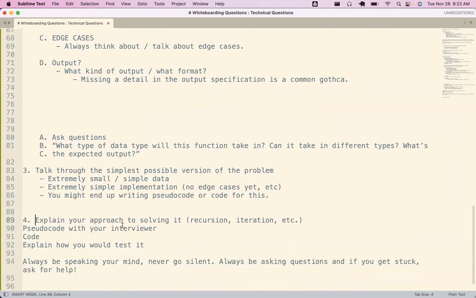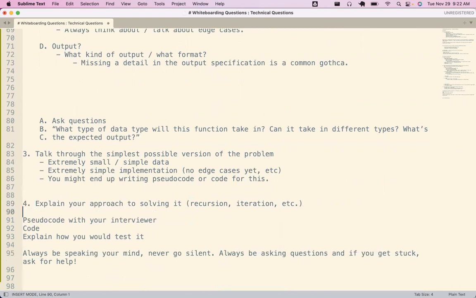This one is going to bleed into the previous point, but explain, and it's okay to think out loud while doing this, how you want to solve it, what your strategy is. And honestly, this might be your strategy. You might say, my strategy is, I'm not totally sure yet, so I want to think of a really simple use case and step through it and write that code, and I think that will help me get to the next step.